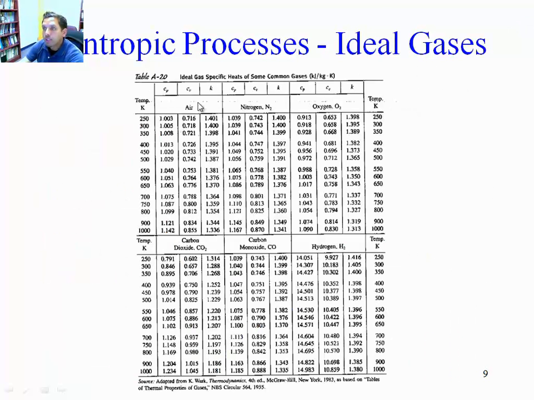By the way, this is table A20, which is posted on this wall for you. This is where you can find Cp and Cv at different temperatures, and you can find K, the ratio of the two. Notice, it doesn't remain constant. So it's very important that if you use a constant specific heat model, you use it at the right temperature. If the process takes place somewhere between 500 and 700 Kelvin, make sure that you take an average. The average temperature in this process is about 600 Kelvin. That means that Cp is 1.05, Cv is 0.764, and the ratio of the two is 1.376, if we're talking about air. You can do that for any of the other quantities.